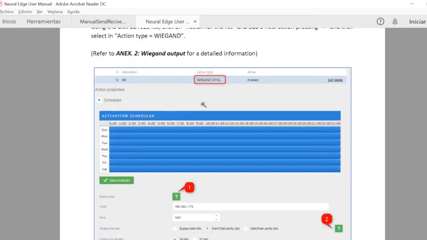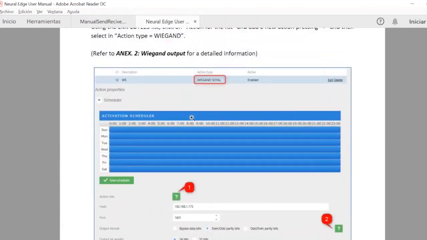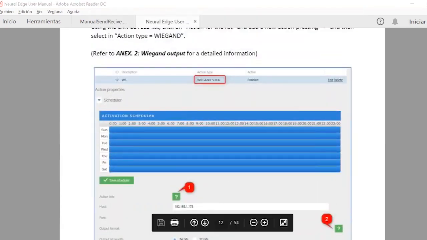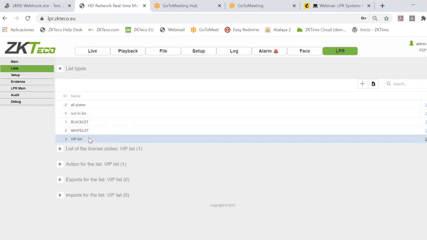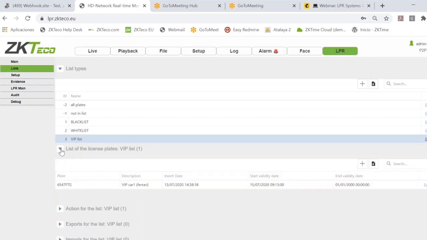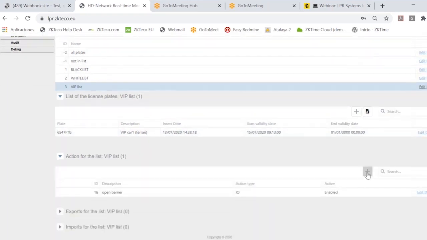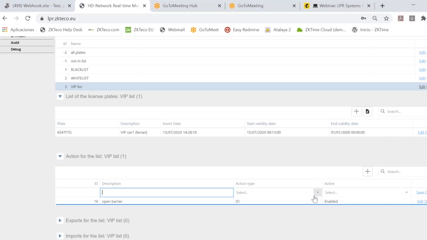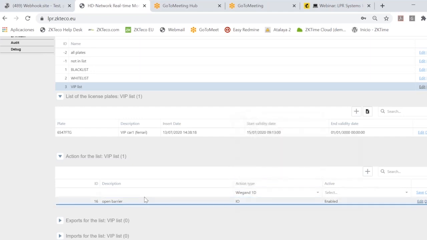Another one that you can use is the Wiegand one. As I told you before, the Wiegand one is not a Wiegand port itself. It's not a physical port because the camera doesn't have it. So how to do it with this? In case you want to send back to the controller Wiegand,